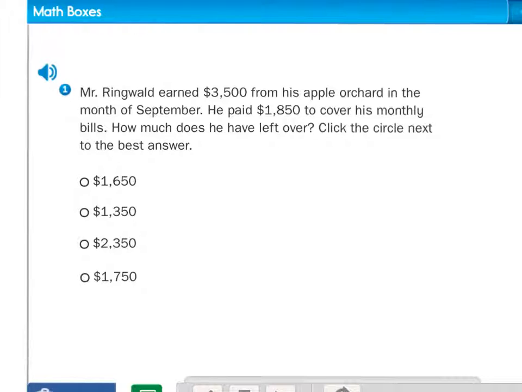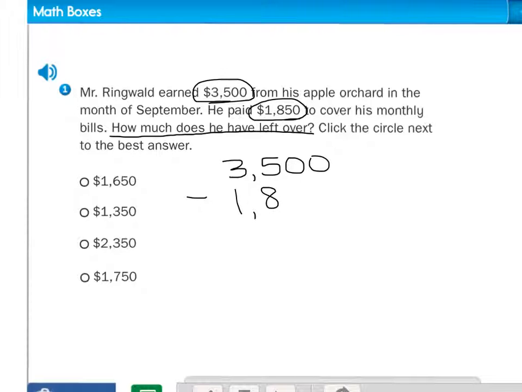And for this problem, again, I suggest highlighting and underlining the things that you need to use in order to solve the problem. So we know that he has $3,500 earnings, and he's paying $1,850 to pay his bills. Your job is to find how much he has left over. So hopefully you're seeing that that's a subtraction problem. So you're going to take that money he has earned, $3,500, and subtract from that all the bills that he had to pay,